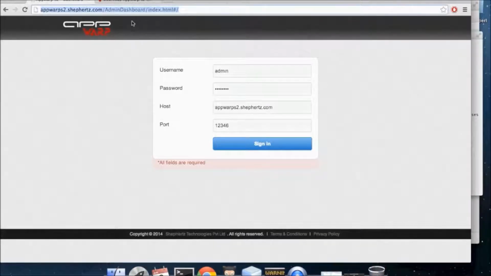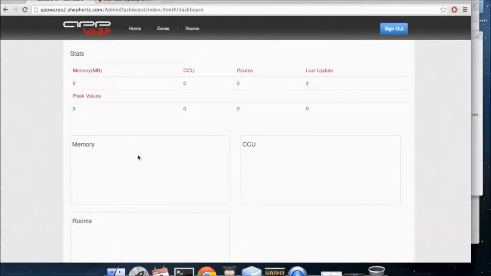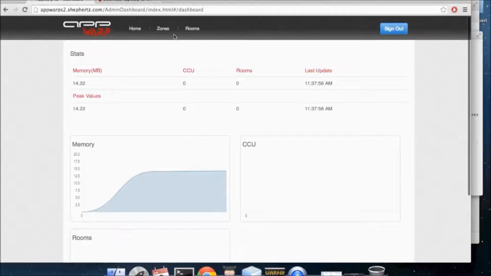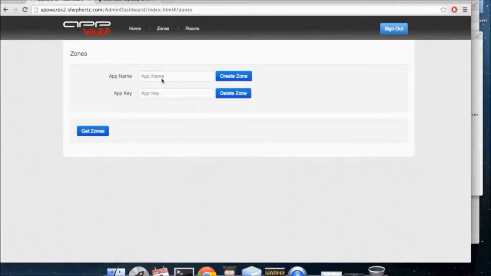But before we do that, let's create some zones in both the chat servers. This should already be familiar to you, as one of the prerequisites is that you've run the standalone AppWarp S2 application before. So similarly, as you would know, we are just going to be creating a zone now.